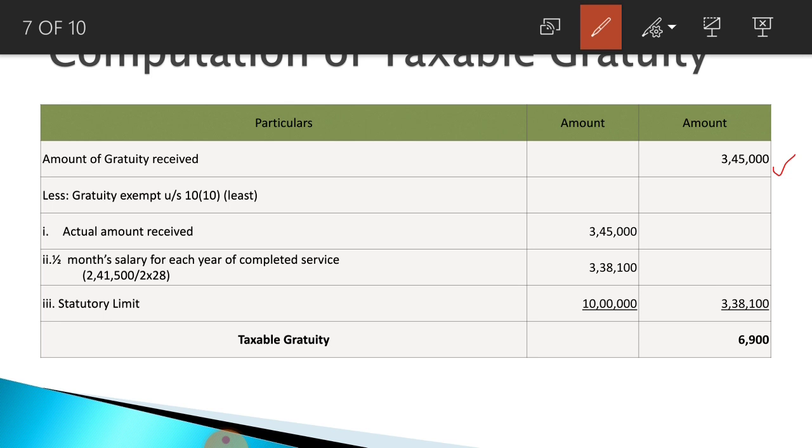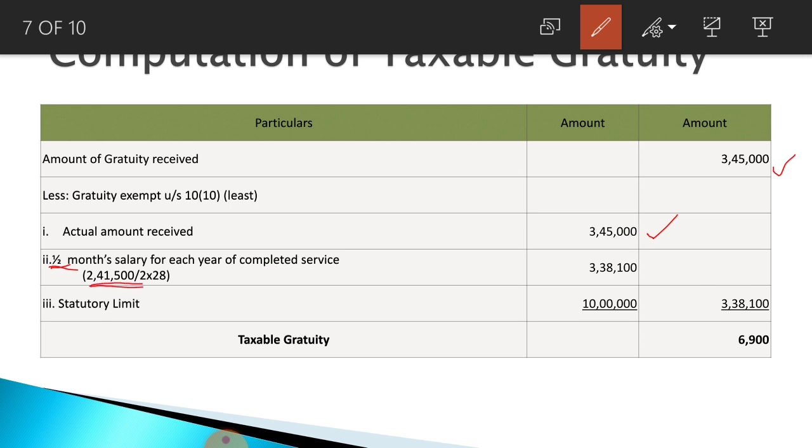Here 3,45,000, write in the inner amount column. Next, see this difference in the problem relating to covered by Payment of Gratuity Act. You are considering 15 days salary, of last salary drawn, on the basis of last month's salary. But in this problem, half month's salary you are considering on the basis of average salary of last 10 months. Here the calculation is like this: